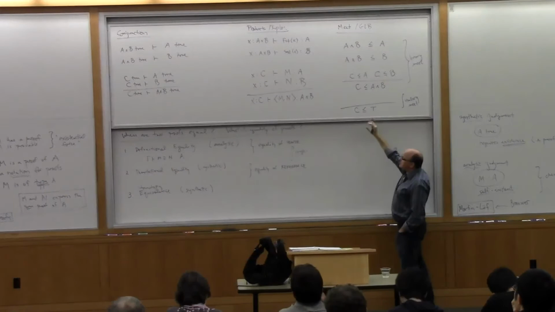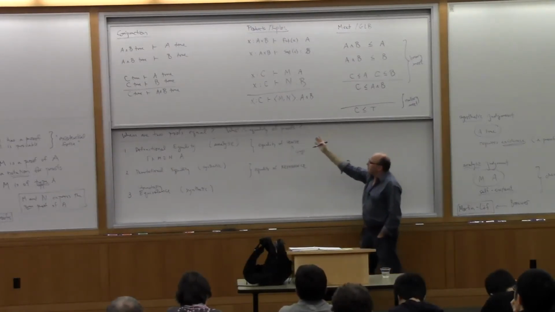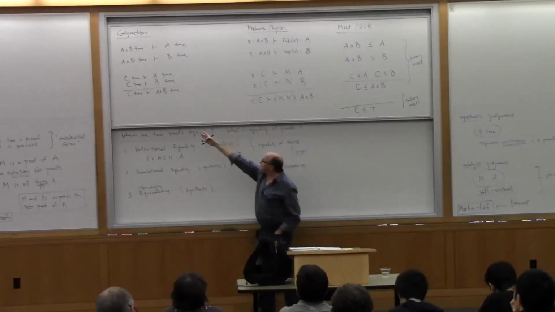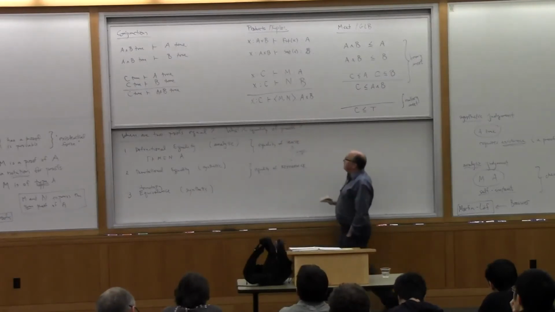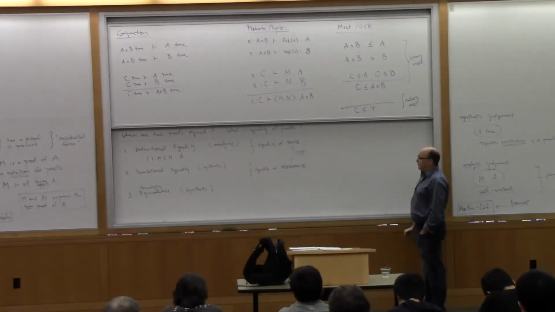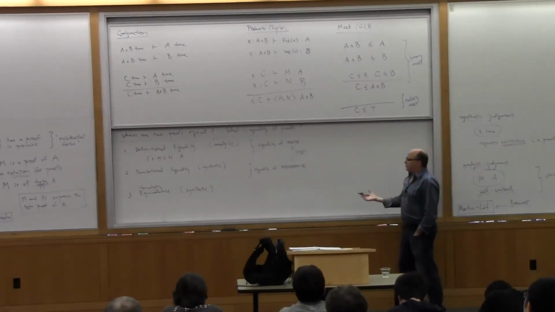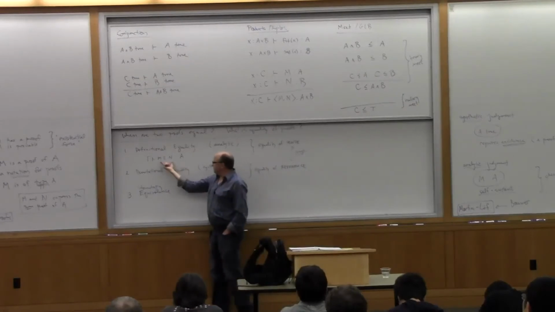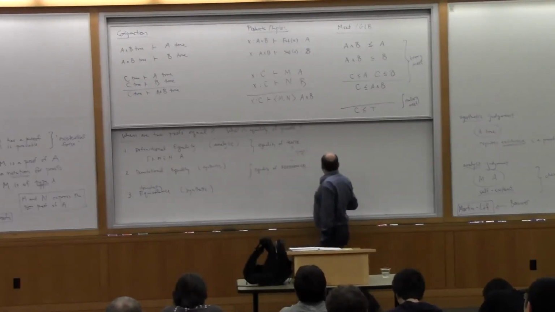The example is going to be derived from what I have on the board here. It's easiest to explain. The discussion can be had on either this side or over here, but it's notationally most convenient to work with the type theoretic notation. That's why I've set it up the way it is. I want the proofs to be objects, so I've got them. So an example of this is